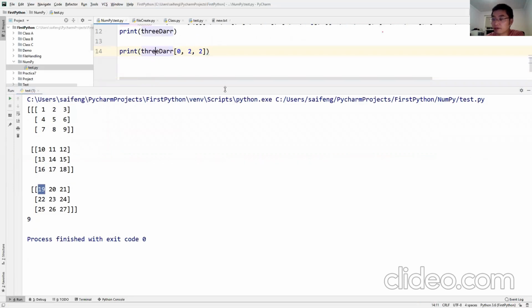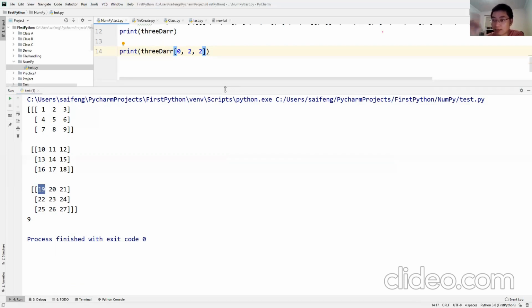What's the index here? We need the 3 index, right?